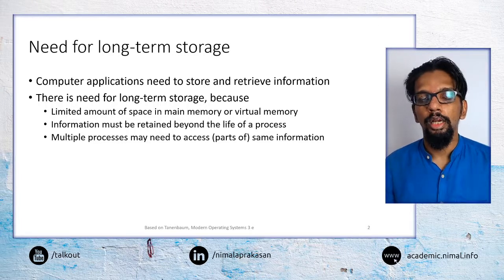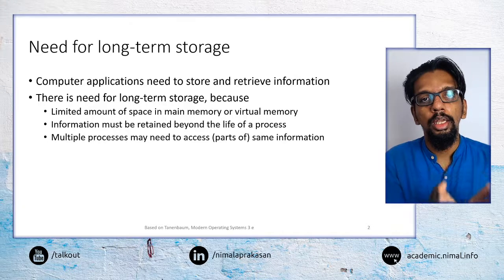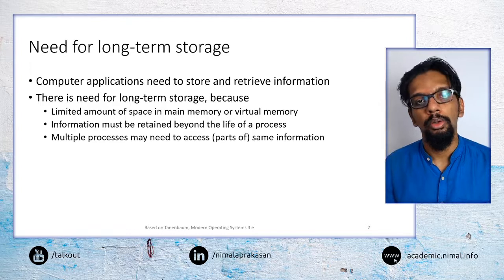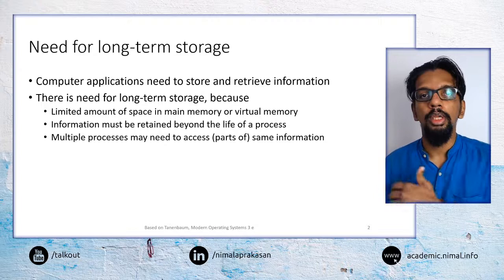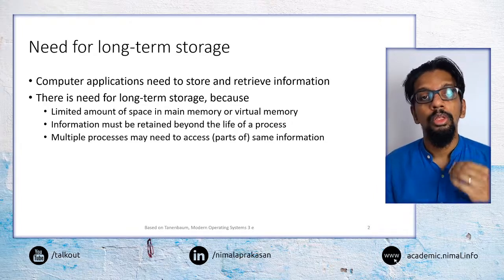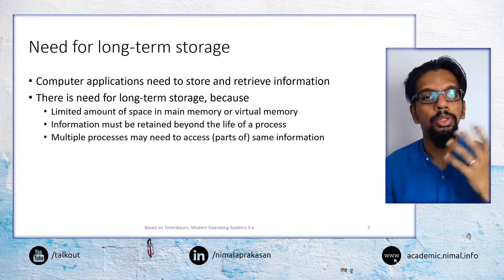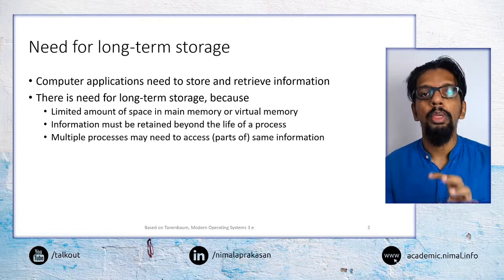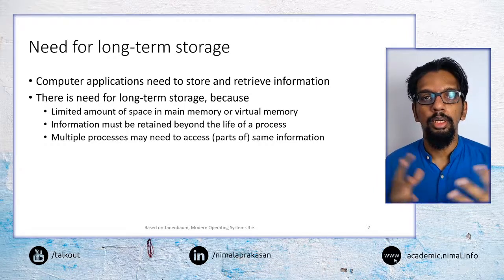Another reason why we may want some other type of storage is that when main memory is used, it is normally allocated for a particular process only. Once it is allocated to a particular process, the information in that space cannot be accessed by other processes, at least in normal circumstances. In typical computing applications, we will come across a number of situations where we may want to share this information across different processes.